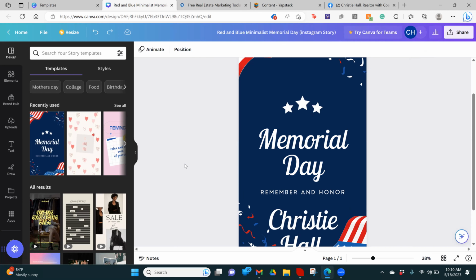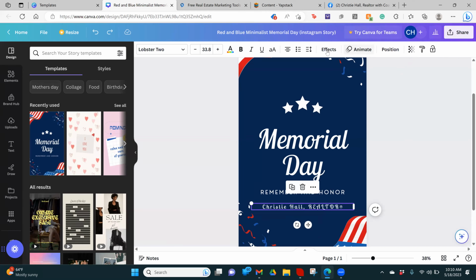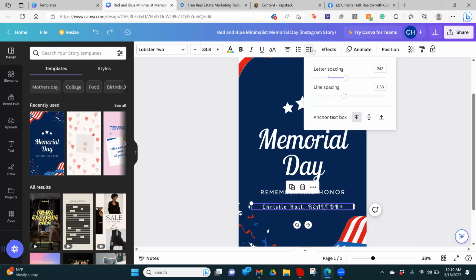But another way that you can get to the same general result is you can click this guy here and do this button here, which says spacing. So you have, this is your alignment. This is if you want bullets or numbers, and then this is your spacing. So I'm going to click spacing and you can see that my letter spacing is way off. So if I wanted to splay it out even further, I can do that. If I wanted to make it ultra compressed and